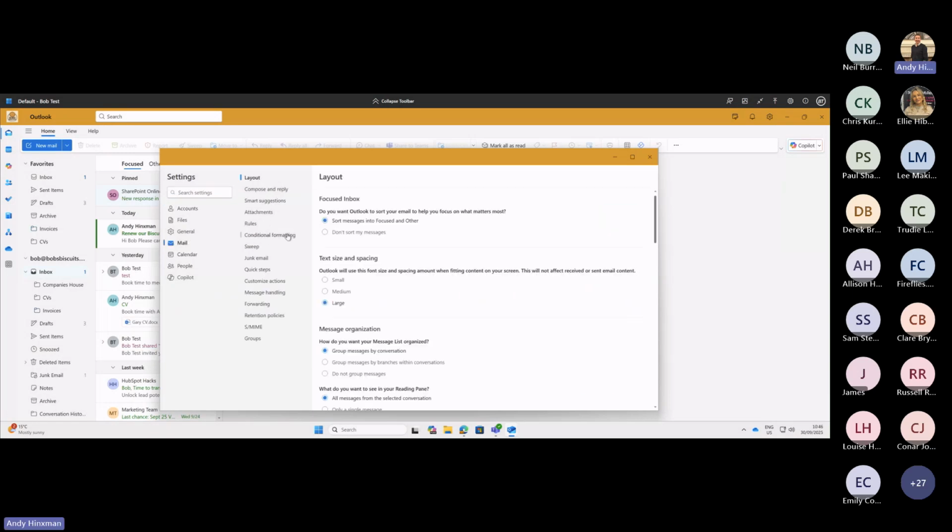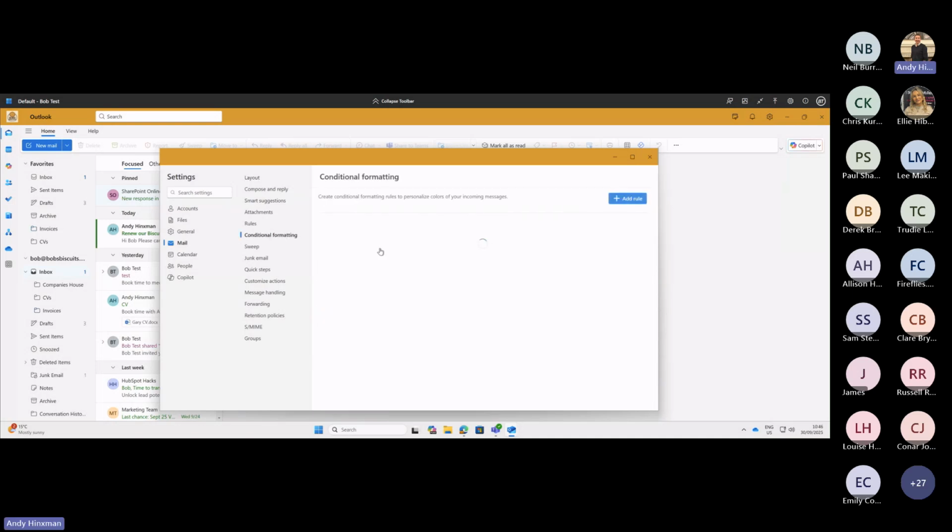So conditional formatting is one. So I'll show you that first. I've just done a few here just because I was playing around. But if you want to add a new rule, literally just click Add Rule. And it's quite limited, but it is still quite good. So we'll just give this a name of test. And then you can pick the conditions. So the conditions are limited, as I say, but you can